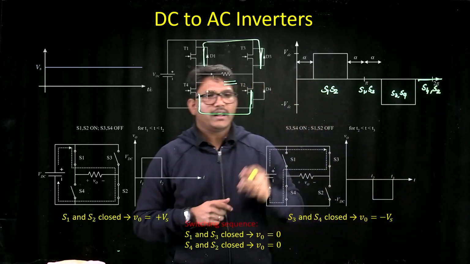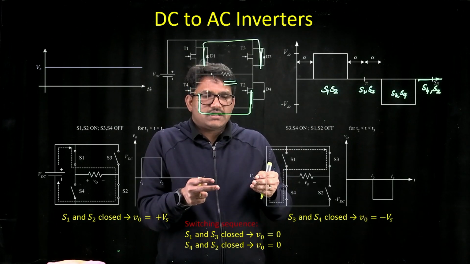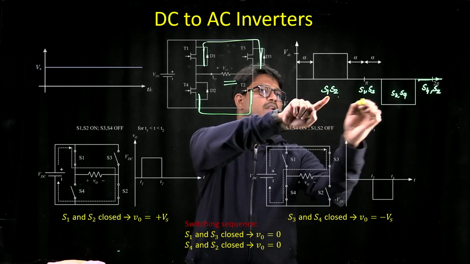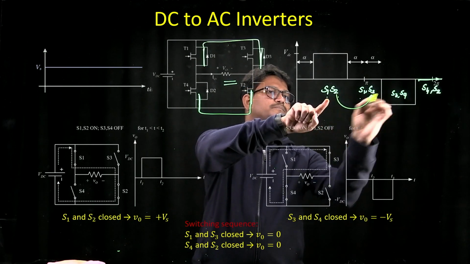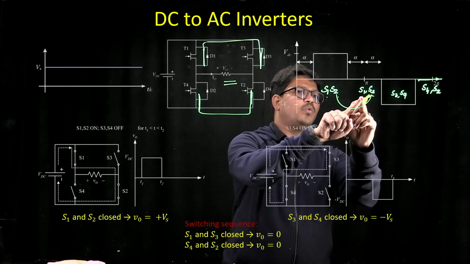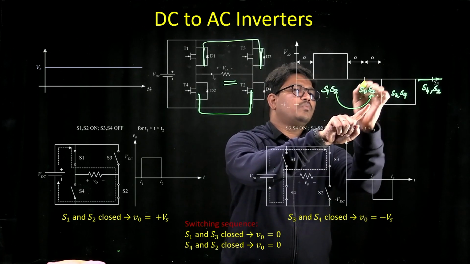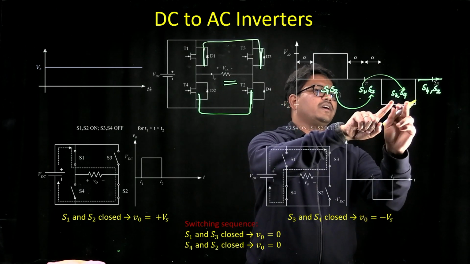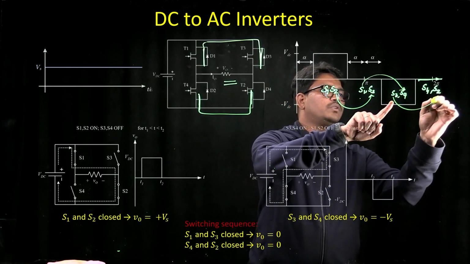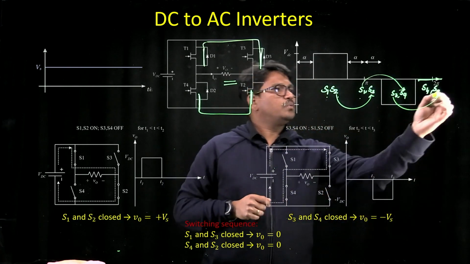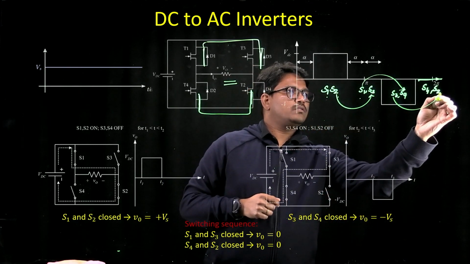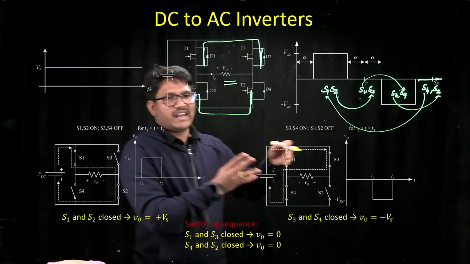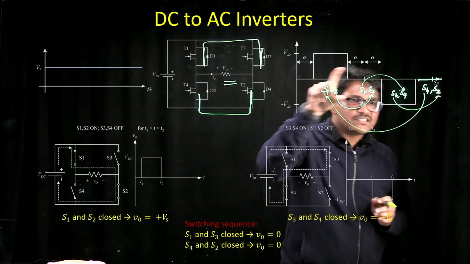So this is where you are changing your switching condition one switch at a time. Here you have 1 and 2, then you move from 2 to 3. Now you have 1 and 3 where you moved from 1 to 4. Now you have 3 and 4 where you moved from 3 to 2. And again, you now moved from 4 to 1 here. So this is where one switch at a time you have been modifying, and you are getting this particular voltage